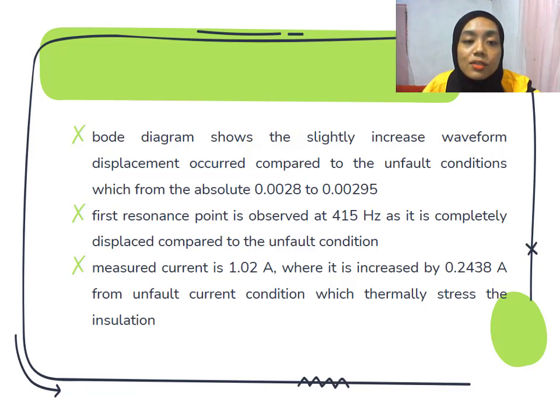The first resonance point is observed at 450 Hz as it is completely displaced compared to the unfault condition. The measured current is 1.02 ampere, which is increased by 0.2438 ampere from the unfault current condition, and it thermally stresses the insulation.